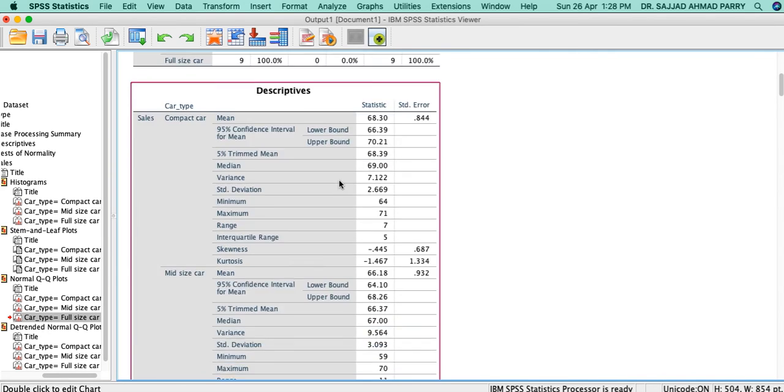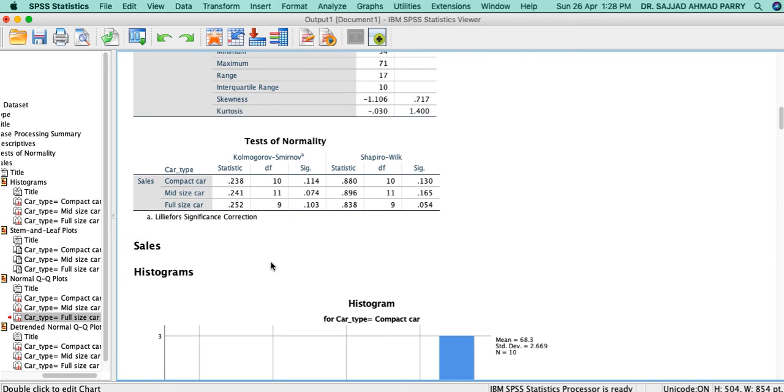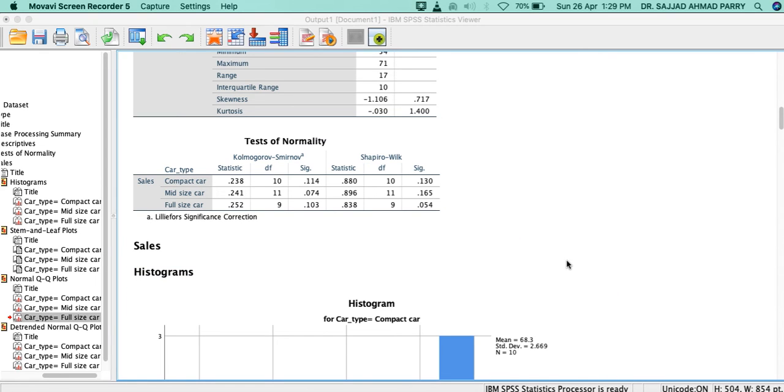Now in this normality test, what is our test hypothesis? The null hypothesis here is that there is normality in the data, or in the dependent variable, and the alternative hypothesis is that there is no normality in the dependent variable.